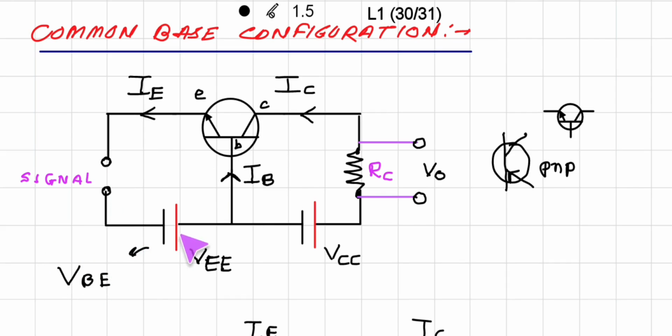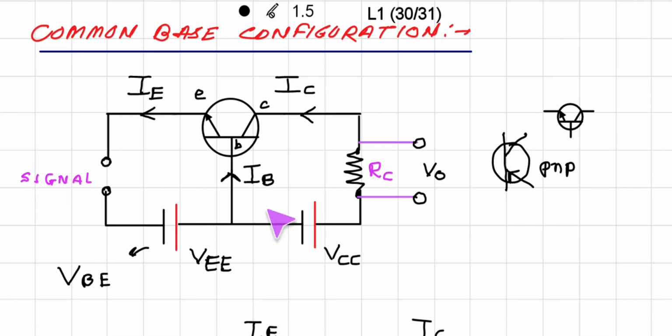At the same time here we have written VEE and VCC. What is that? We are going to see. Suppose there is no resistance here at the input side, whatever the voltage VEE applied will appear across base and emitter. So VEE is equal to VB, but in fact there are some input resistances and so on. So the voltage across emitter and base is VBE, and the battery which is connected to the emitter can be written as VEE.